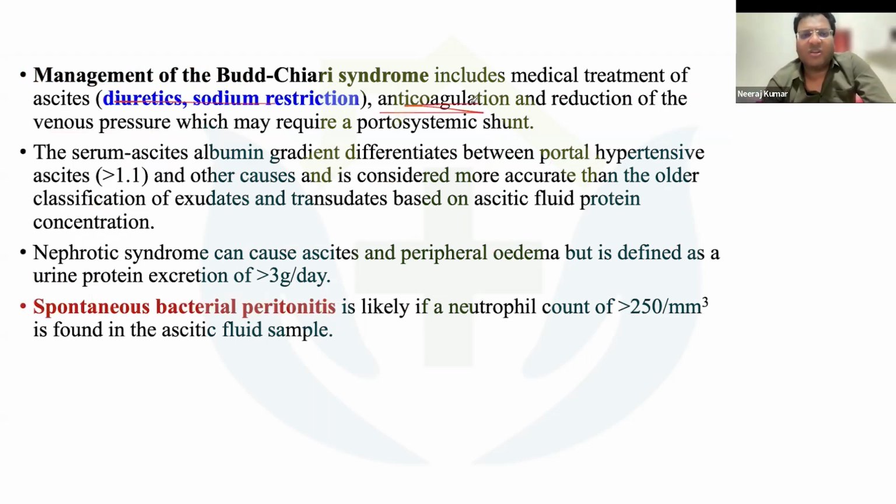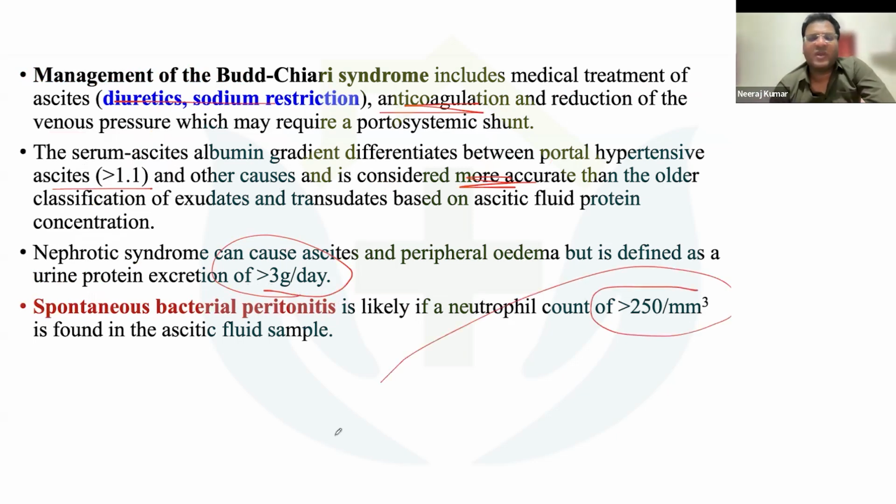You can add anticoagulation, and then here the SAAG ratio between portal hypertension ascites is more than 1.1, and it was considered more accurate. Okay. Nephrotic syndrome, here the protein excretion is more than 3 gram per day, and SBP, the neutrophil count is more than 250